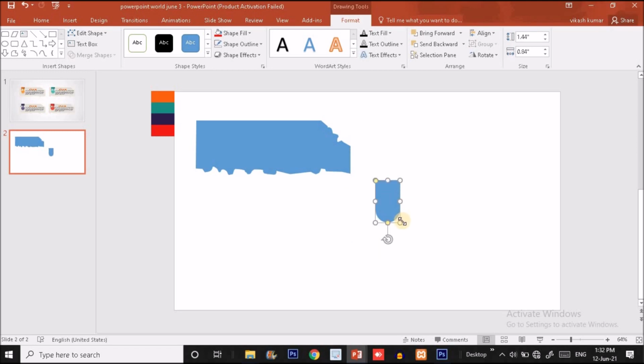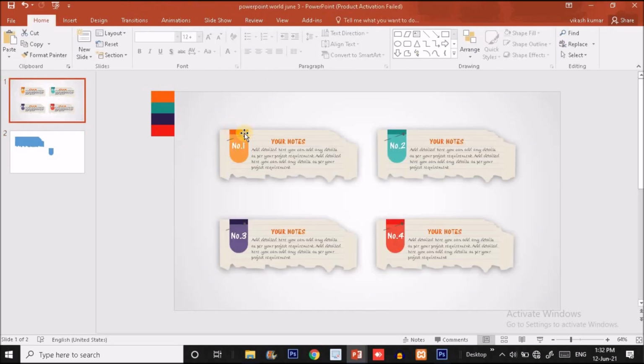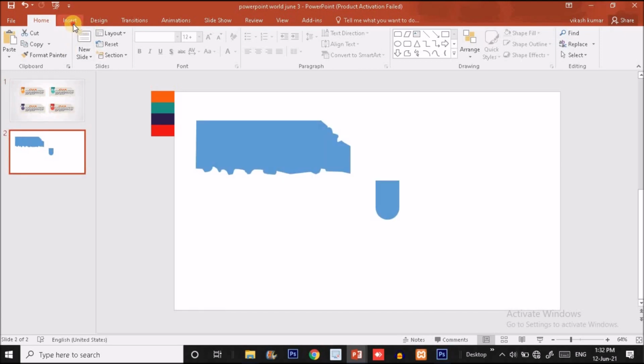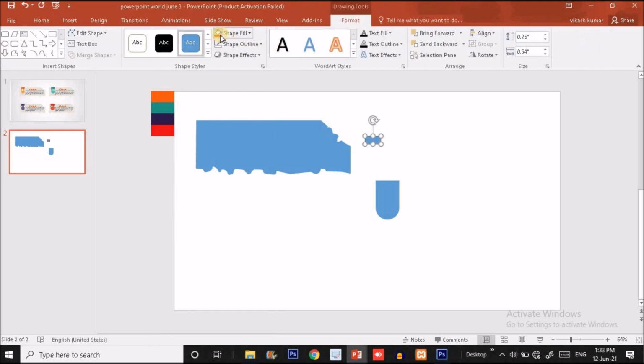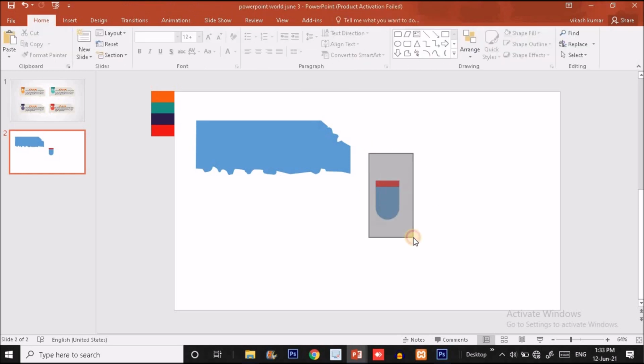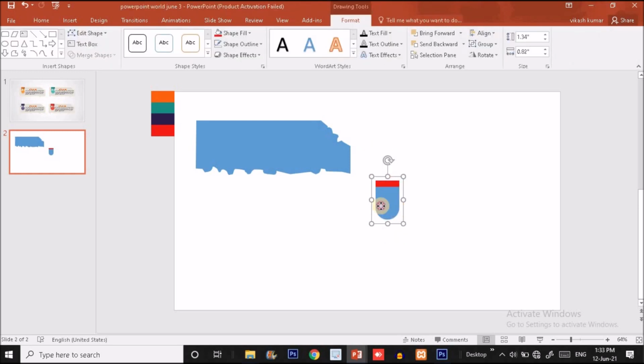Slightly I'm going to decrease the width like this, and increase also. I'll put it something like this much, and let me change the shape fill. So I'm going to fill it with this orange color. Before doing that, I will use this small rectangle over here. So I will choose the rectangle inside the shape option and drag it over here like this. Fill it with this color and make it no outline. Now put it over here and drag it to the end. I'm going to make it thinner to this much, and now I'm going to press Ctrl G to make a single group and put it over here.